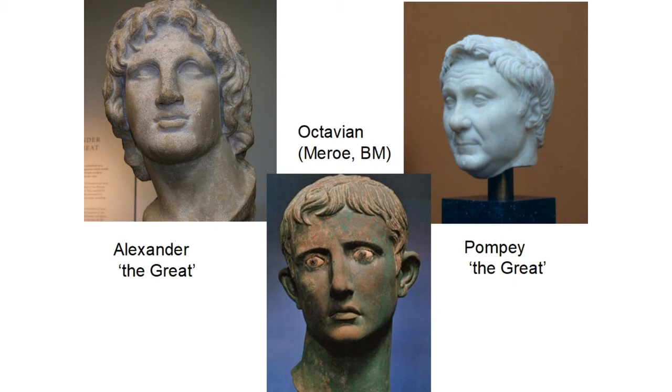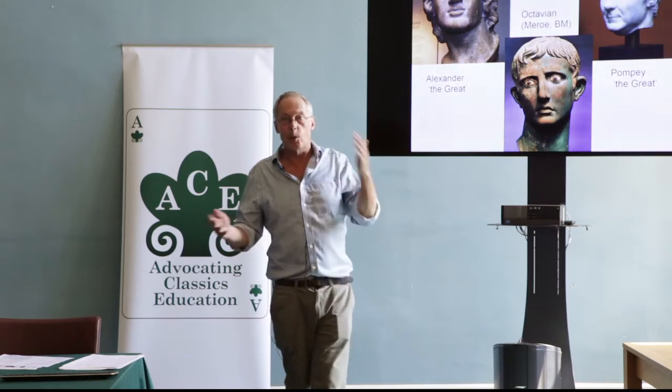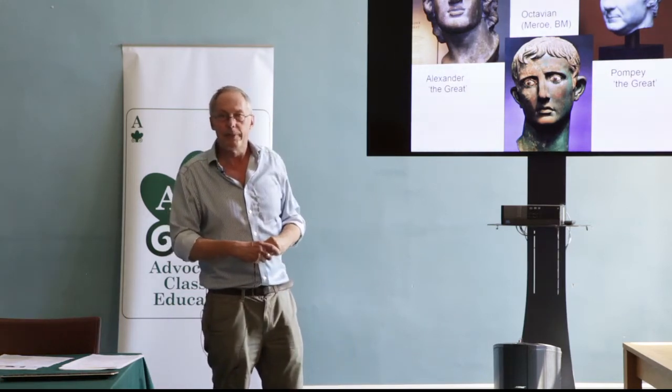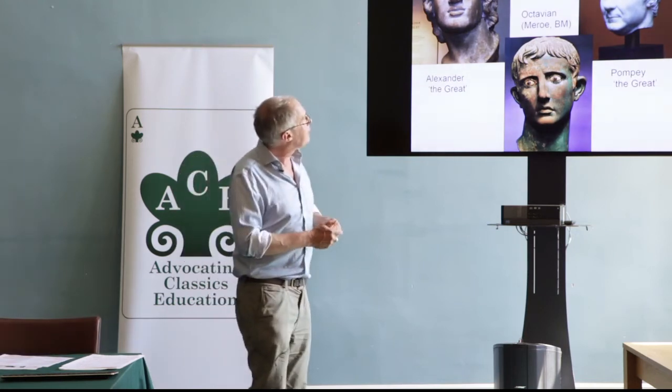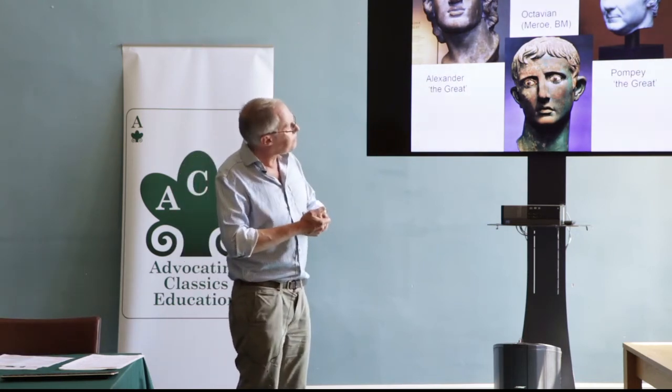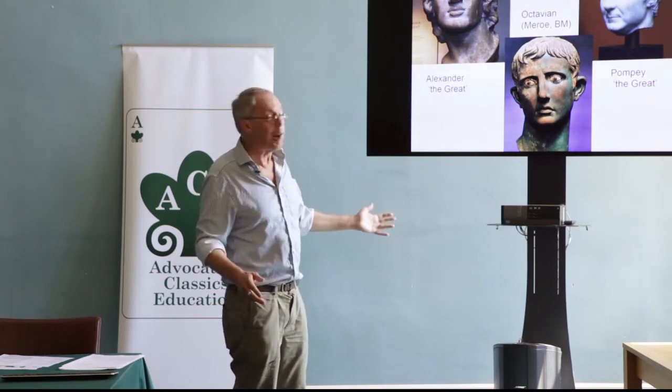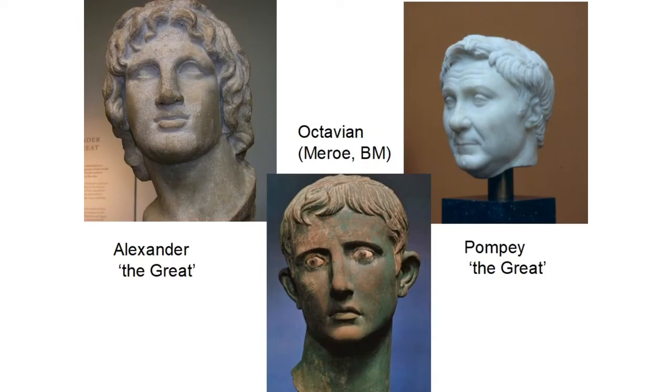You can see it's modelled on the statue of Alexander the Great, on the bust of Alexander the Great. Got similar things, the looking upwards, the quiff. Just to give you an idea of what Roman statues should look like, that's Pompey over there. Now Pompey, who's called the Great after Alexander the Great, he adopts Alexander's quiff. But people are always puzzled by Pompey's bust because it's so ugly. You say it's piggish. It really is not a nice face, is it?